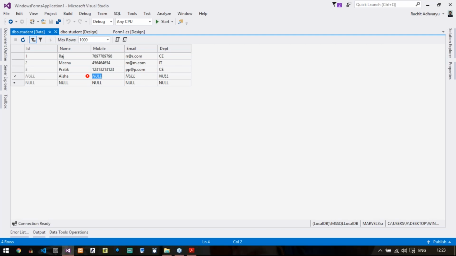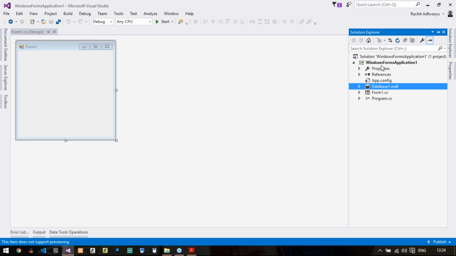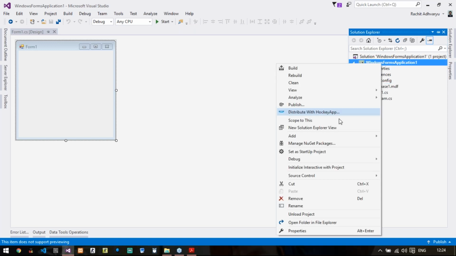So what I have done is I have created one table called student, and I have entered some dummy 4 rows in it. Now I want these rows to be displayed in a crystal report. So I close both the designs, come back to form, but before using this form, I will first go to Solution Explorer and first add one data set. I will go to data, I will go to data set, rename it to, let us say, stud.xsd. So click on add.